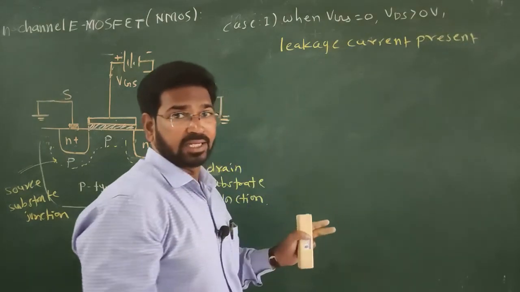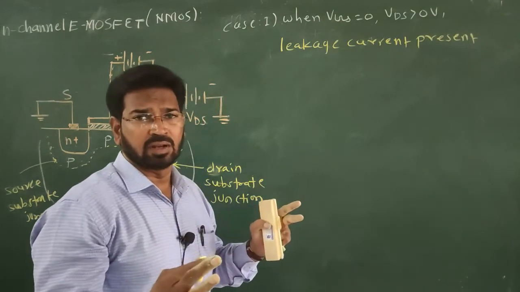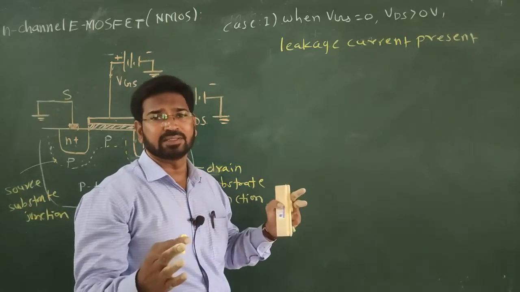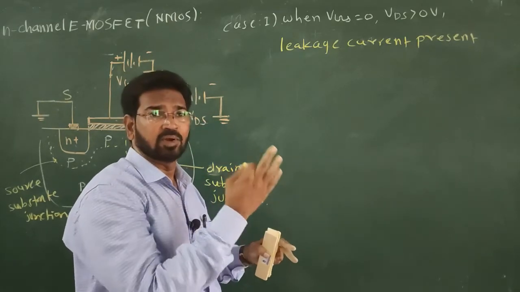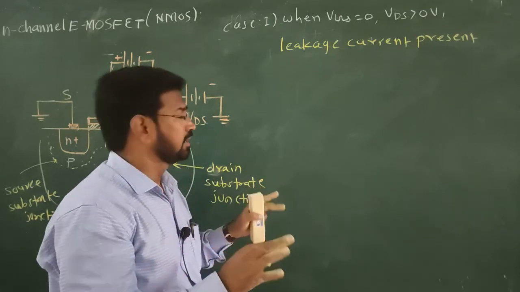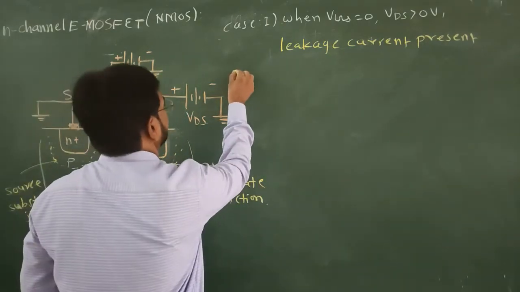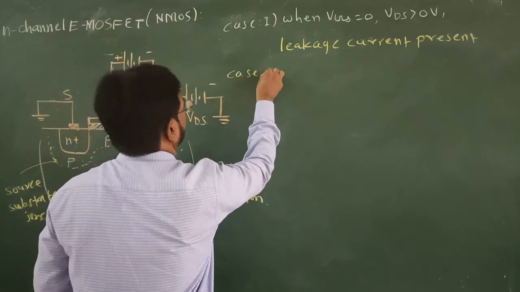What is the amount of leakage current? It is very small, it is less than nanoamperes. We can say negligible leakage current is present in the device from drain to source. Okay. Second case, case 2,